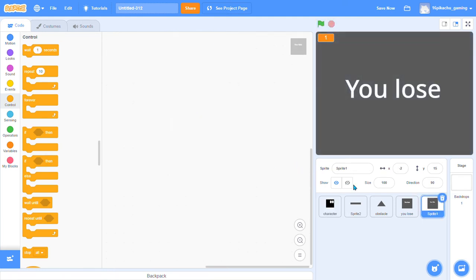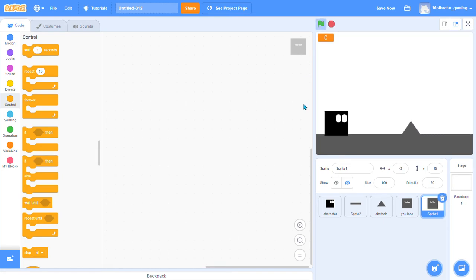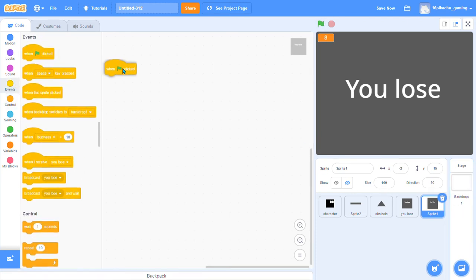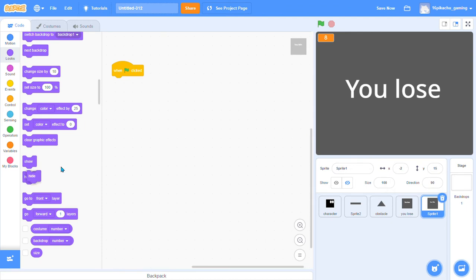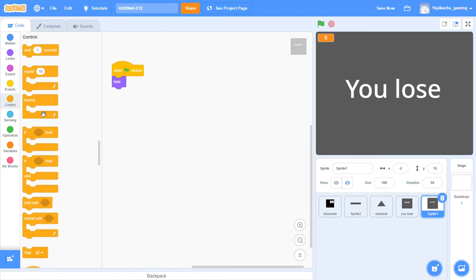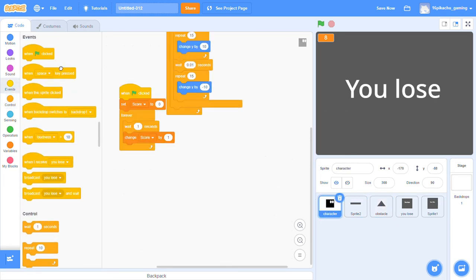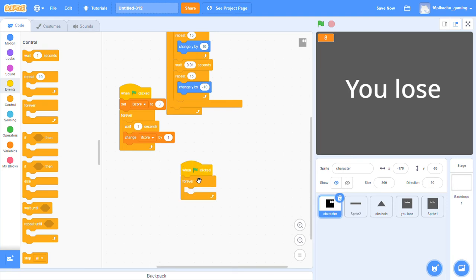In the sprite one we will just hide it. Now you can see it is working properly. Yeah, it is working properly. So now in the sprite one we will say that when flag is clicked, hide, and then we will go in the character and we will say when flag is clicked, forever, if